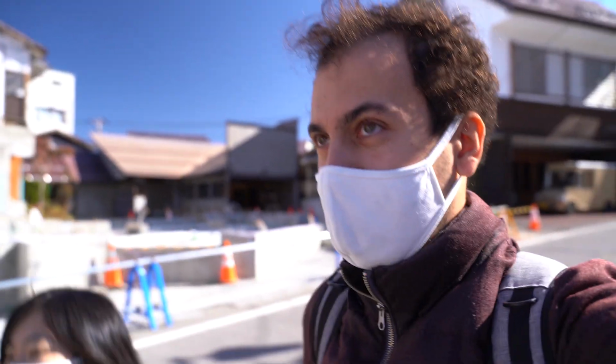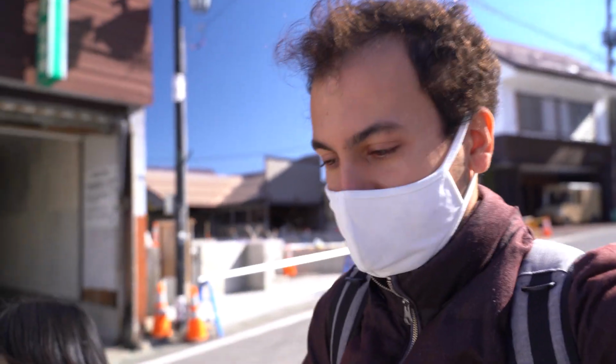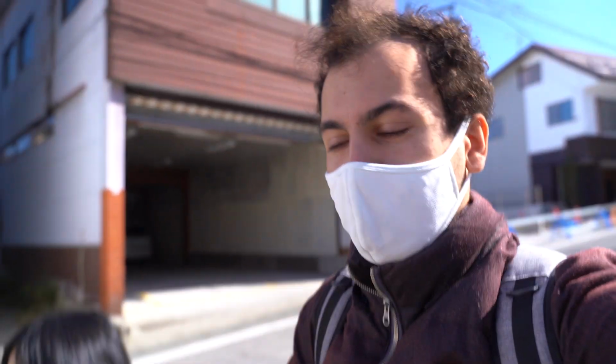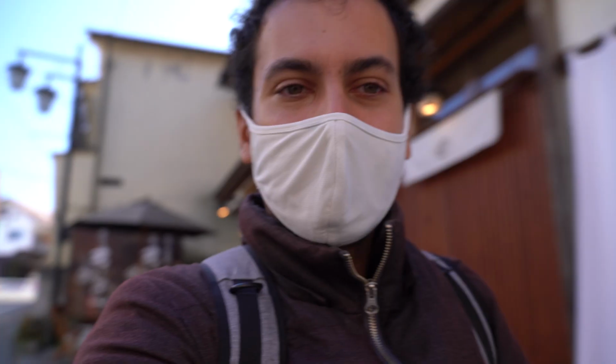It's one of the main three, or one of the three kind of highest rated onsen towns in Japan, alongside Gedo Onsen, and I forgot what the other one was, but thanks to the power of editing I can put it down here. So we are staying in